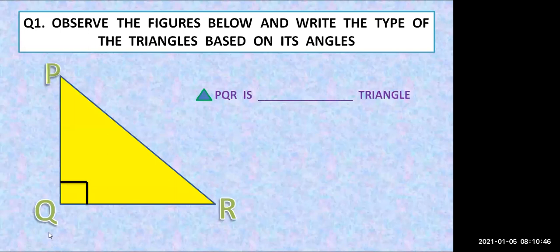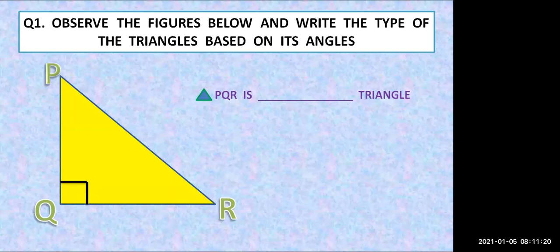Thank you, students, for watching the video. So it was a very short recapitulation of what we have already studied, that is, types of triangle on the basis of angles plus on the basis of sides. So you all remember what we have studied. Today we are going to solve the practice set, or we can check whether we can recollect what we have studied. So students, just unmute yourself and try to give the answer whenever I ask.